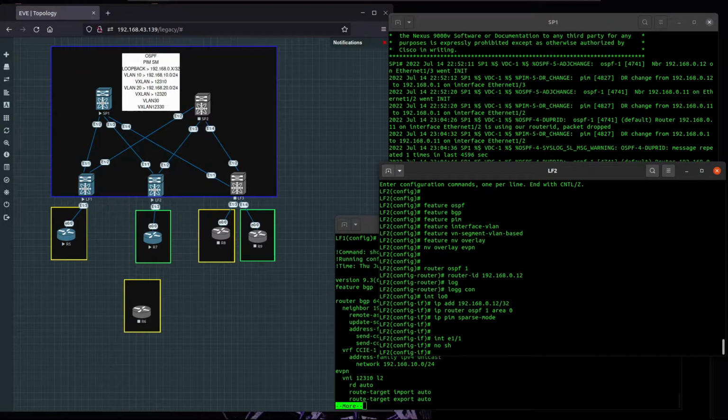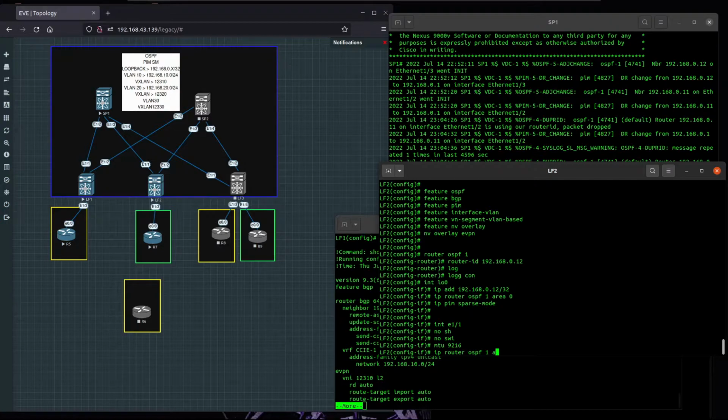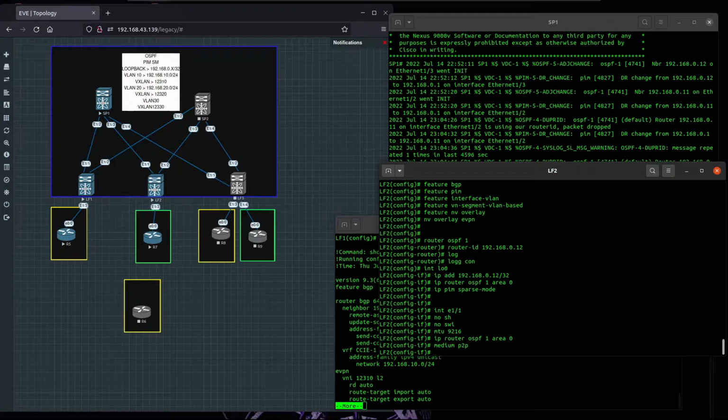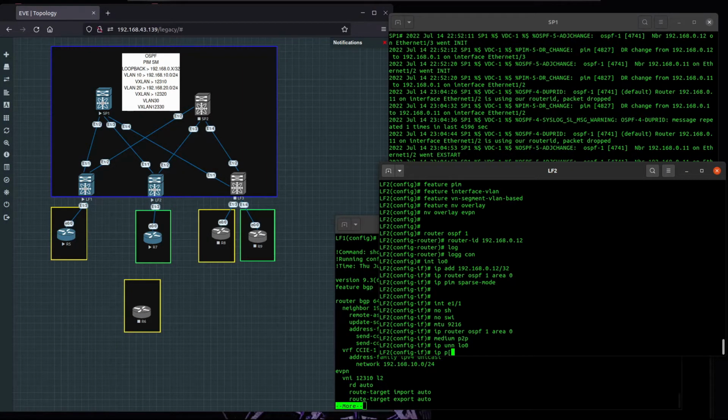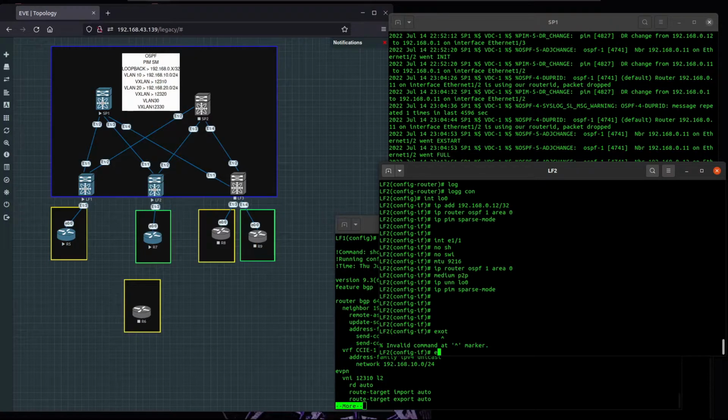We want to enable the interface and enable layer 3 MTU 9216, IP router OSPF 3 area 0.0.0.0. IP, it's missing medium point to point, IP unnumbered loopback 0, IP PIM sparse mode. Okay,